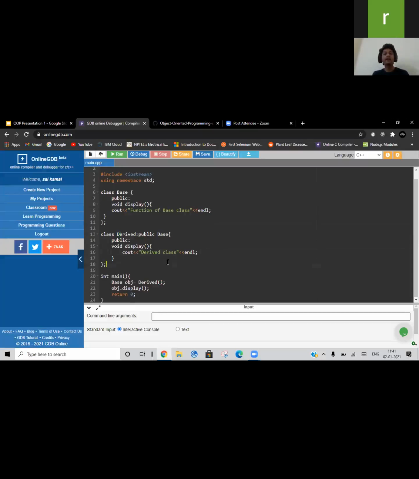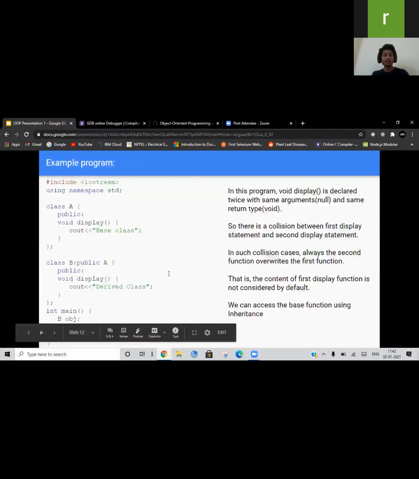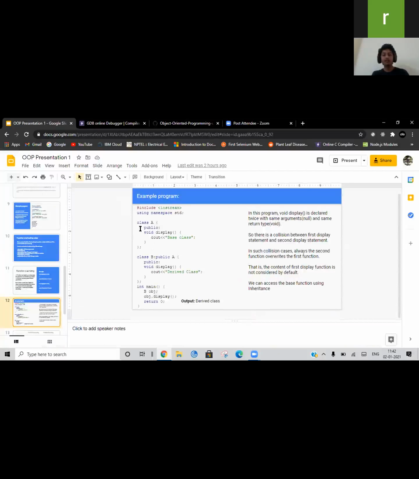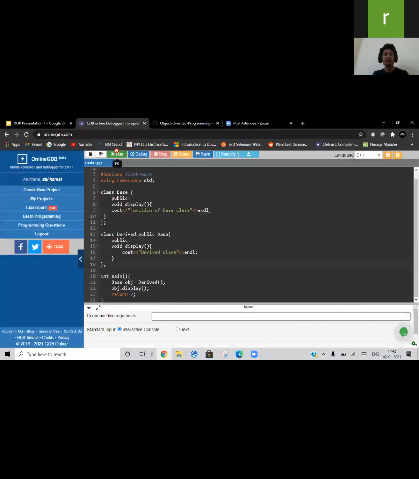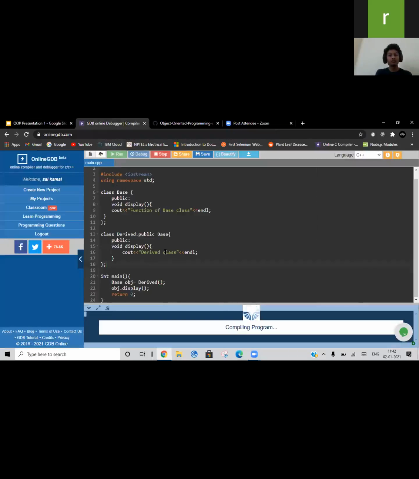Now, can anyone guess what is going to be the output of this program? We have already discussed this enough. This is the first class and this is the second class, and the output is usually the second class's cout statement. So similarly in this program as well, when we try to run it,